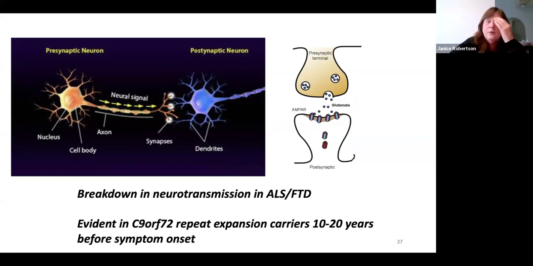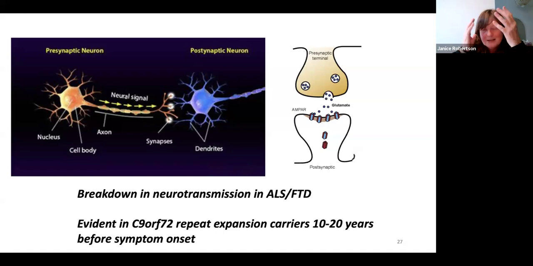And so it's known from neuroimaging studies, from transmagnetic stimulation, that there are problems in neural communication that occur in C9 repeat expansion carriers before the onset of disease. And work out of UCSF had shown that they can measure in repeat expansion carriers that there's something going on. Their estimates are that it can occur 10 to 20 years before the symptom onset. And this is true of Alzheimer's disease, Parkinson's disease, SOD1 mutation carriers as well, that there's something going on